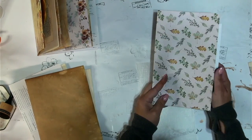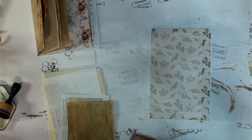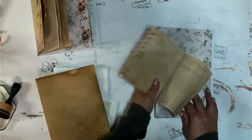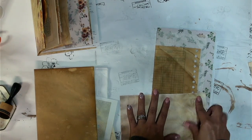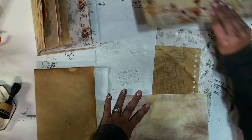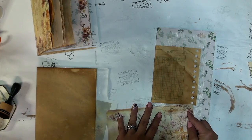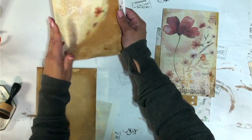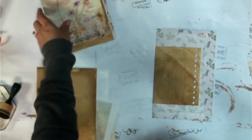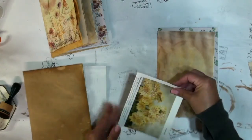Then after that one we had our scrapbook paper. Then we had this one. That's pretty. Then we have our ledger paper. Like so. Then we have another digital. Do it like this. Oh, I wanted this to be the front. Okay, I'm going to stop for a second. I'm going to quickly fold this one because I did want this one to be the very front page that you see because I really like that. So I'm just going to switch these like this. Okay, so then this one will go here. Okay, then after that we had this there,